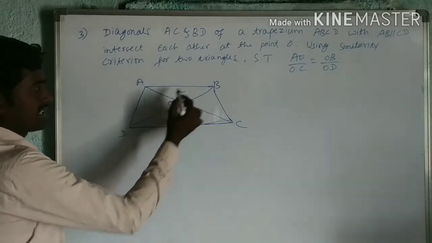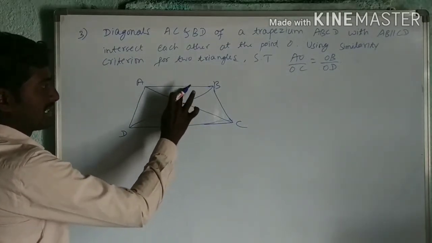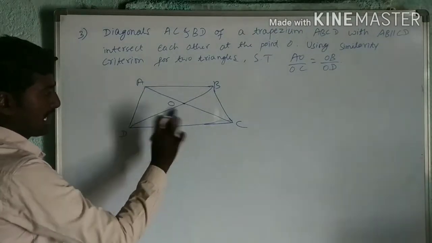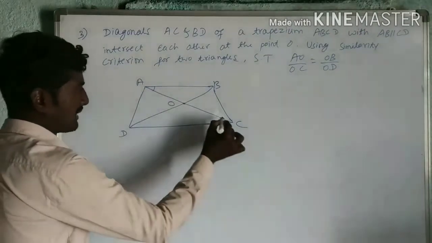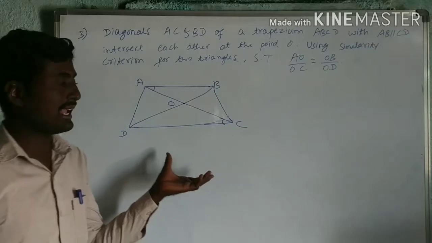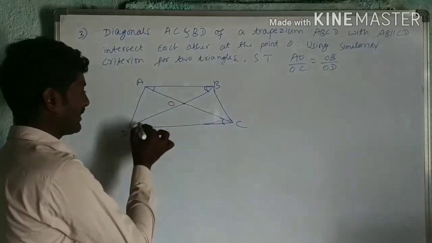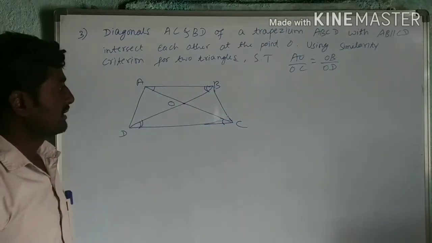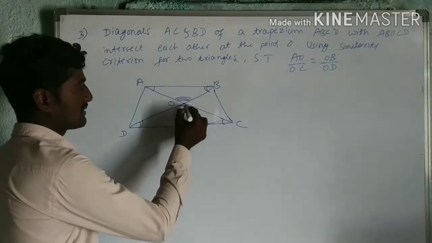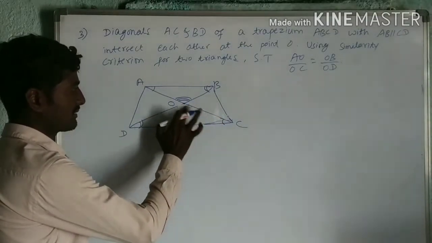So these two triangles I have to see, AOB and DOC. Okay, these are the sides. So for these sides I have to take these two triangles. Since AB is parallel to DC, can I take these two angles as equal? Because they are alternate interior angles. Similarly here, these two angles are equal. Now, can I take these two as equal? Otherwise, by AA similarity criterion, you can say these two triangles are similar.